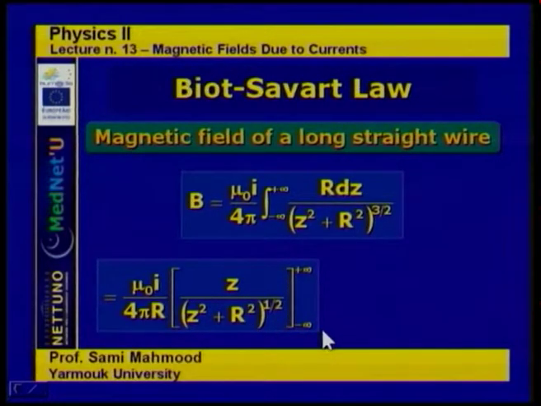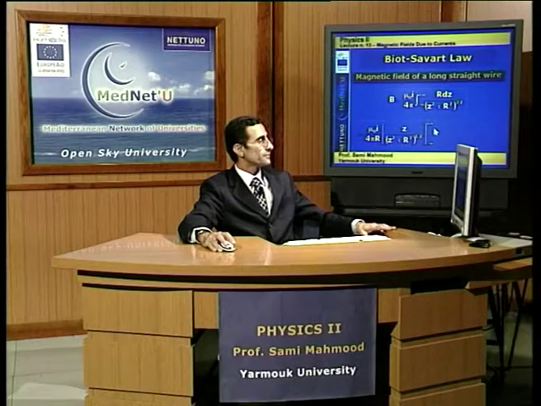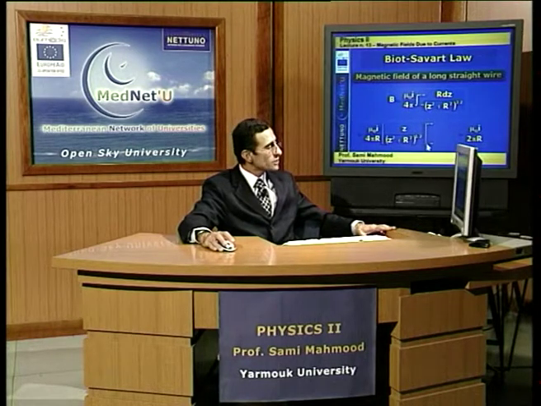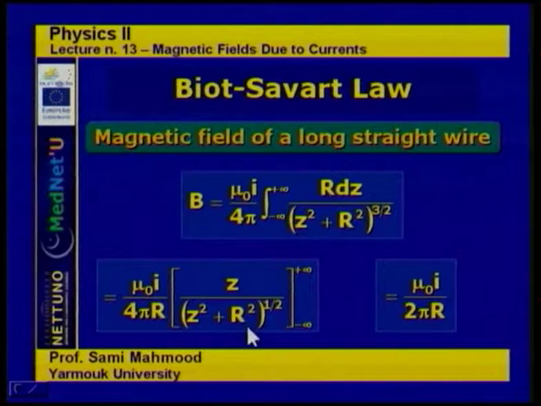And this is evaluated for a long straight wire. Long straight wire means it's an infinite wire, so it extends from z equals minus infinity to z equals plus infinity. That is true for a long straight wire. And the result of this, if we substitute for z from minus infinity to plus infinity, you have to remember